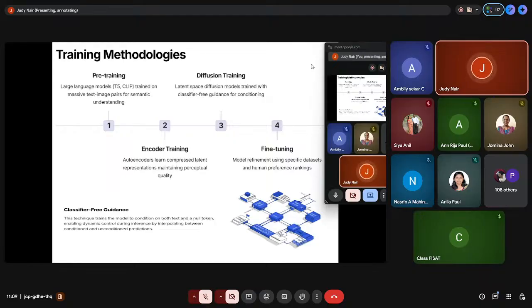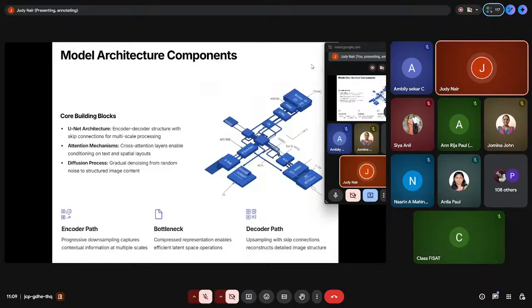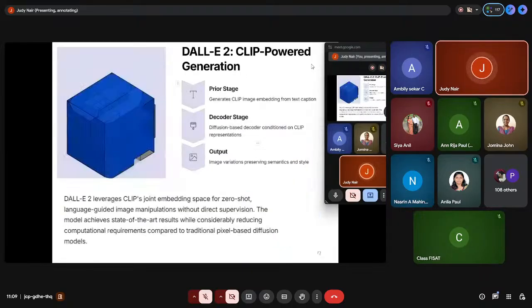So this is one example. Another important model, like stable diffusion, is DALL-E. I think all of you have heard about DALL-E. That again is using the same approach. I have not got the architecture here, but you can see again it is using CLIP. If you have not gone through contrastive language image pre-training, kindly see what it is.